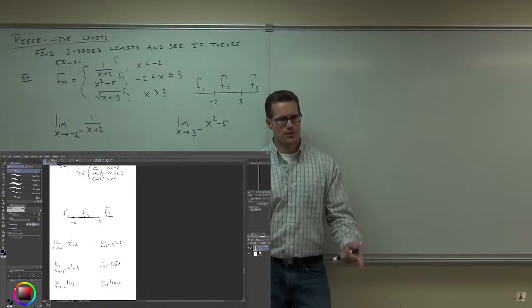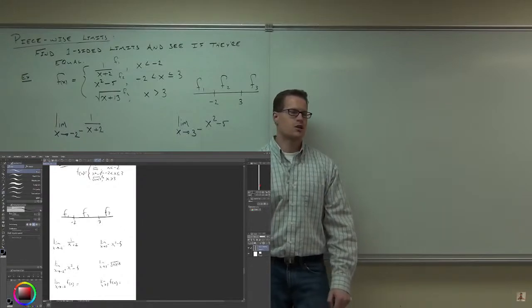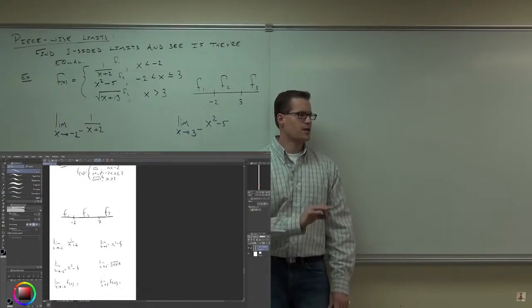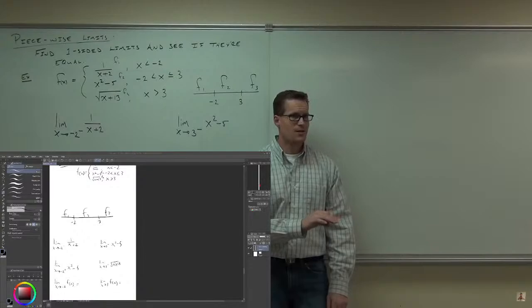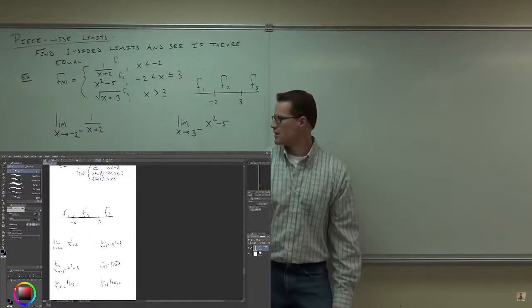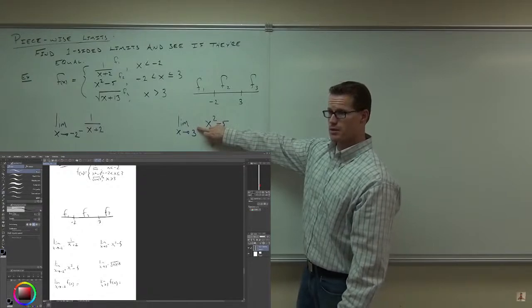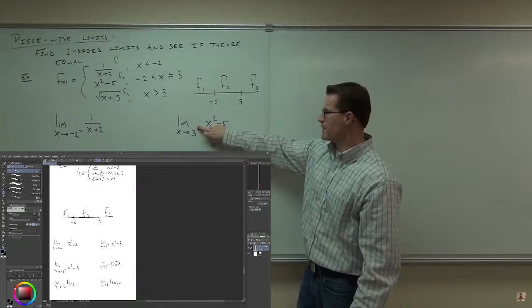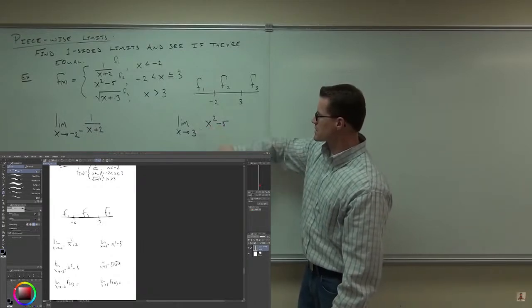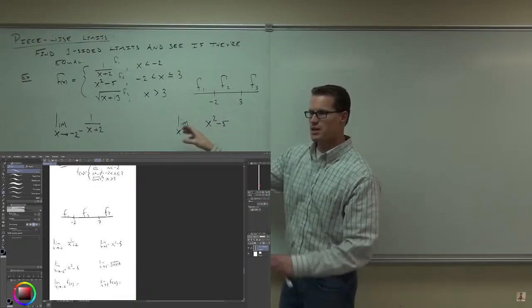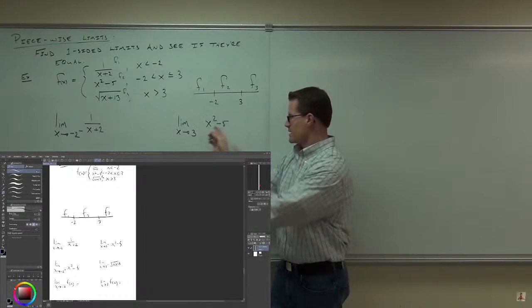Well, here's the cool part about that then. A lot of you were asking me, how do I find one-sided limits? Check it out. If you know for sure that a limit exists, then the one-sided limit will exist. Plug in 3. Ignore the "from the left." Plug in 3. 4. What do you get? You get 4. Guess what? That's your limit. Why? Because does the limit as x approaches 3 exist for that